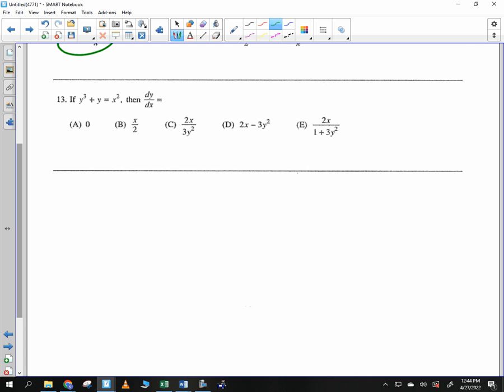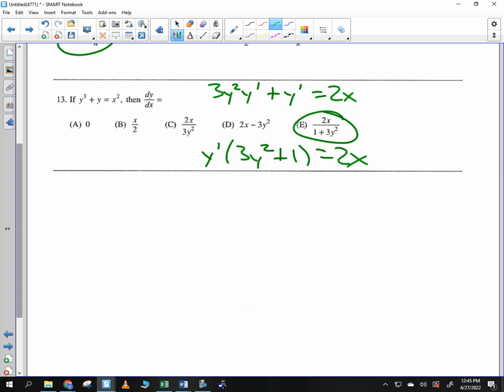All right, next one. I hope everybody got this one right. We find the derivative with respect to y of x. Okay. So we've got 3y squared y prime plus y prime is equal to 2x. We solve for y prime by factoring it out. We get y prime times 3y squared plus 1 is equal to 2x. Divide by the 3y squared plus 1, and we get this guy right there. So y prime